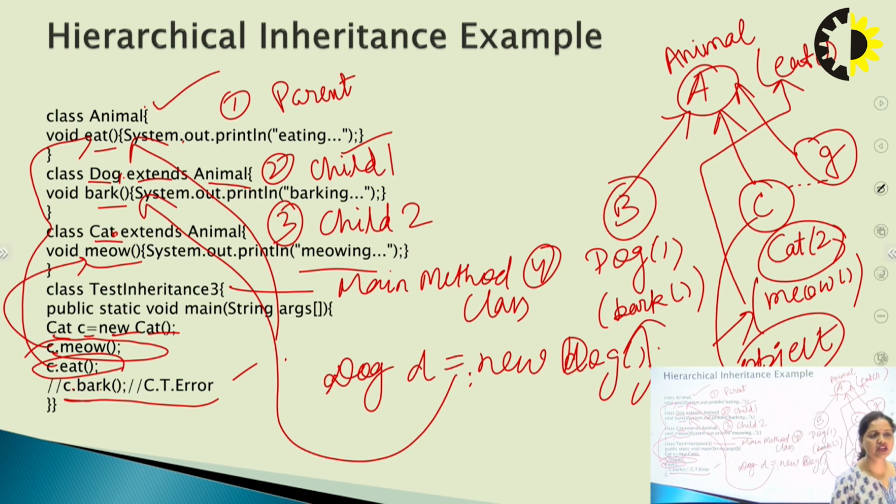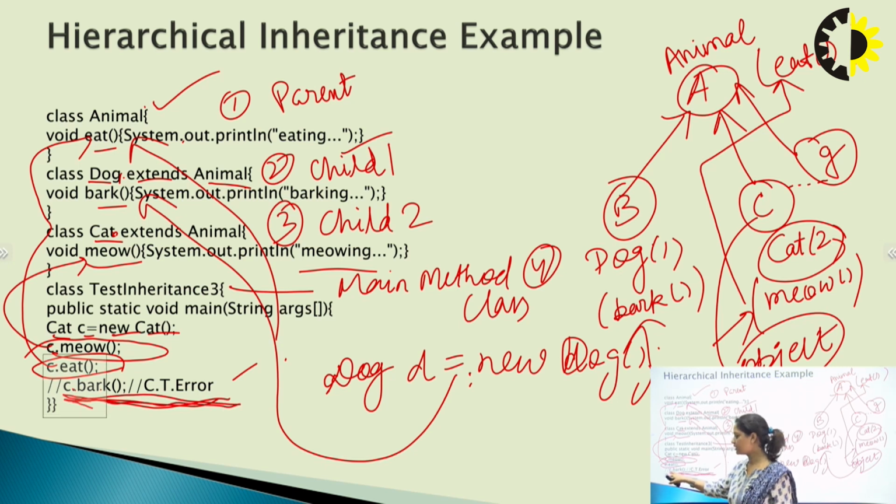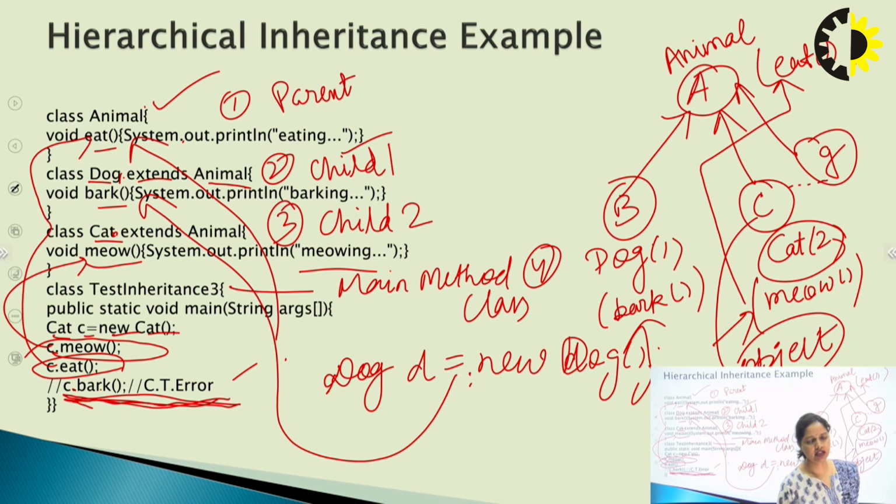For this, we have to write one more line of code in this program, to understand the concept that by using the sibling object we are not able to access the other class. So brother and sister can't access each other, but they can access their parent class. This is how inheritance can be achieved in Java in three different ways using the extends keyword.